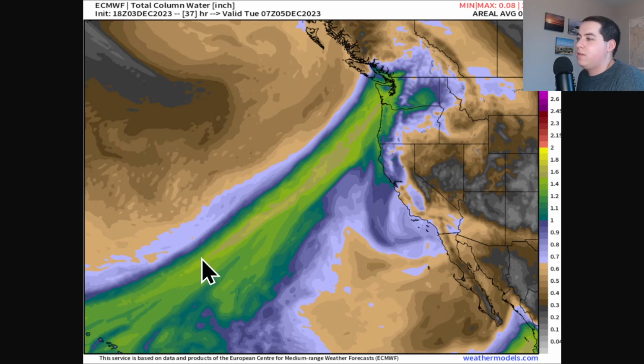And for those of you wondering why sometimes the term atmospheric river and Pineapple Express are used interchangeably in the Pacific Northwest, just take a look at this image. You have Hawaii down here in the bottom left, and you can see that moisture goes straight from Hawaii to the Pacific Northwest, and that is why it's called a Pineapple Express at times. However, the orientation of these can be different. You can have it come more from China and the Philippines and slam into the Northwest that way, in which case the Pineapple Express term is not used.